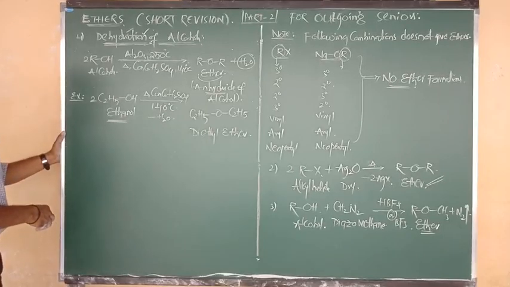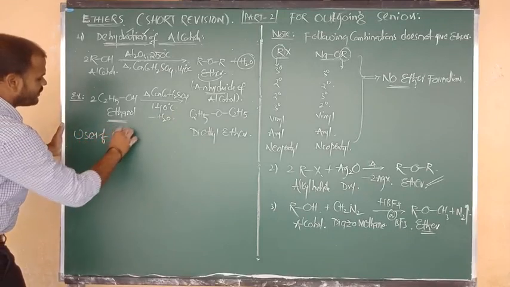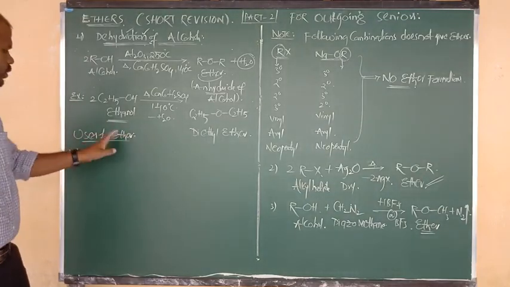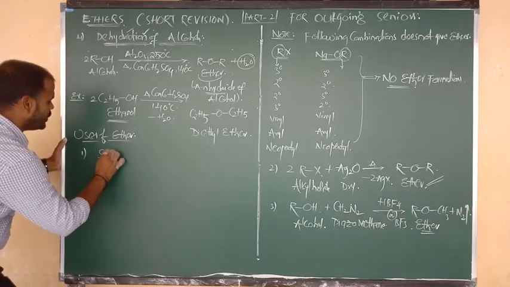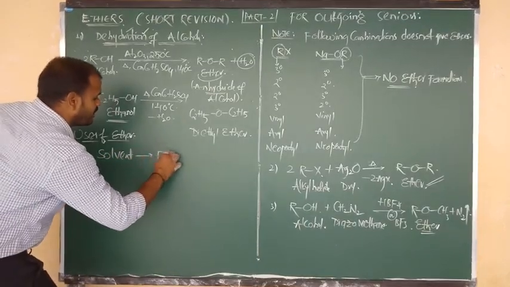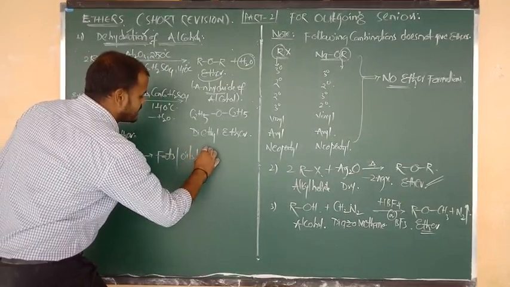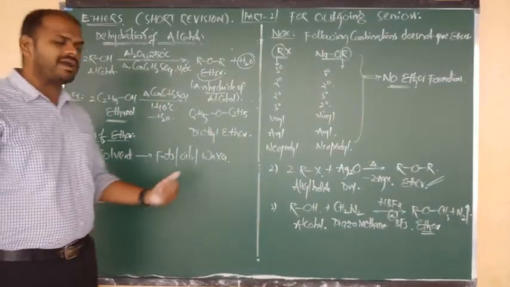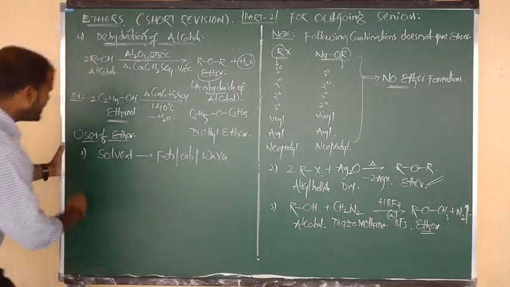Good. Now listen carefully. Here I want to discuss with you the uses of ether. Almost all the preparations and properties, everything was covered, beta. Now we are going to discuss the uses of ethers. Ethers are mainly used as solvent. We can use them as solvent for the preparation of fats and also oily materials, and also waxes. So fats and oils and waxes, in the making of all these compounds, we can use this solvent, which is nothing but what, beta? Ether.